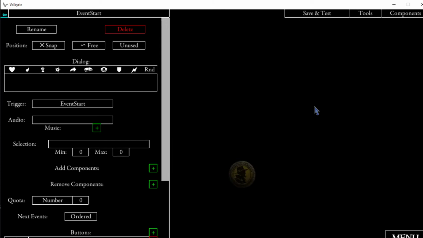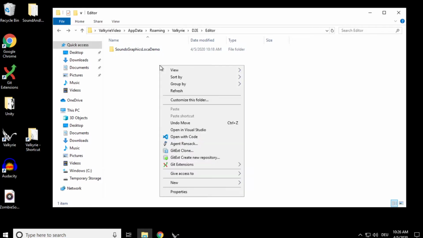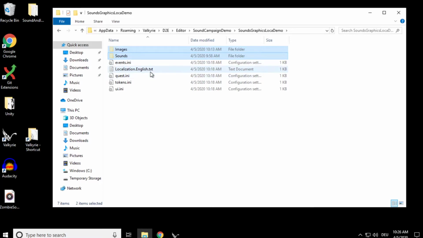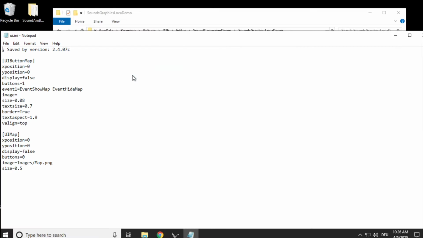And one last thing before we get to the localization. Currently, our images were in the same folder as our other mission files, but we can also put them in another folder or in a parent folder. For this, I'm going to create a main folder here now. We will call it Sounds Campaign Demo. We'll put in our mission file, and I will move both of these files here to the Sounds Campaign Demo folder. And now I need to manually change the path using the two dots